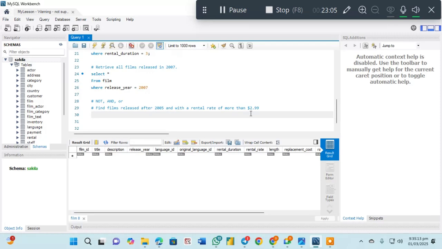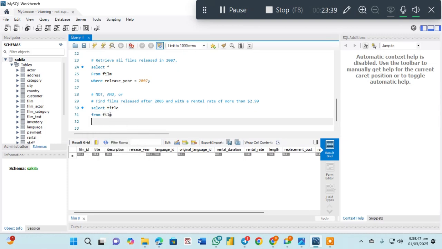So let's look at the code, and then I will break for now and come back in 5 minutes. So let's start the code. We use the select statement as our point of contact. So select title. One title, then from the film table. Now I have to bring my filtering. So where, if you look at this, there are two conditions I'm going to use. So where release year first of all should be greater than